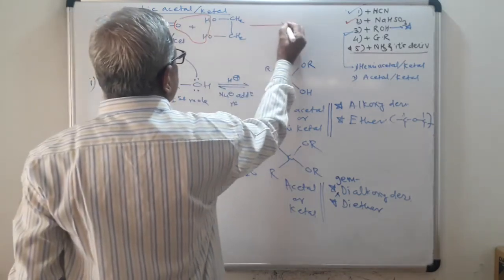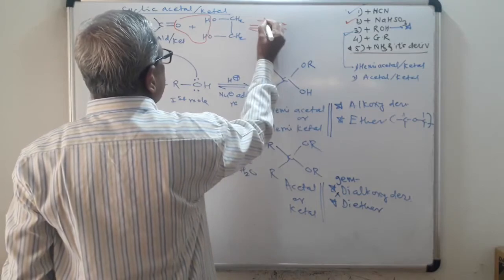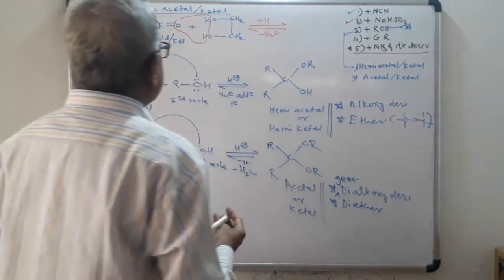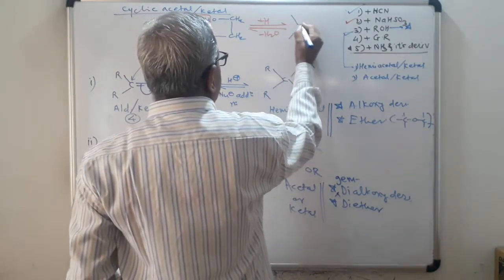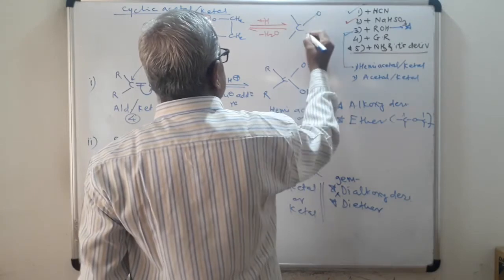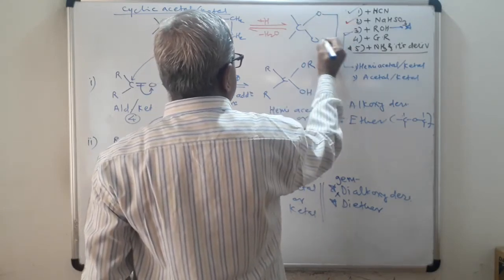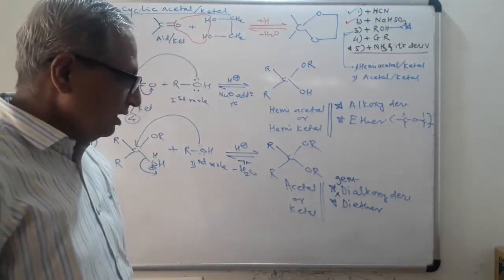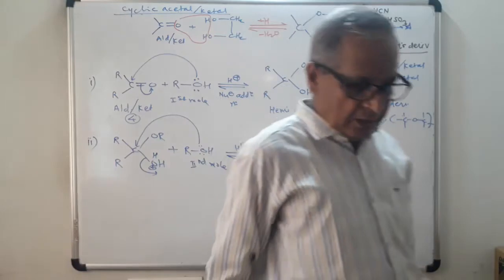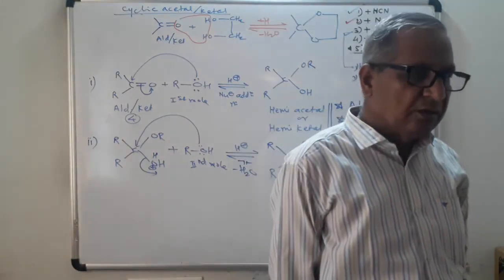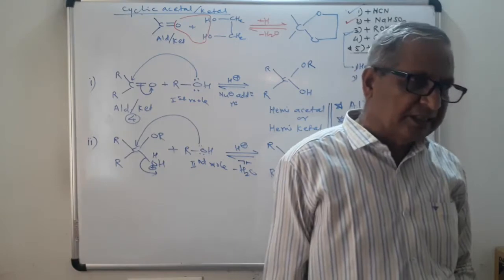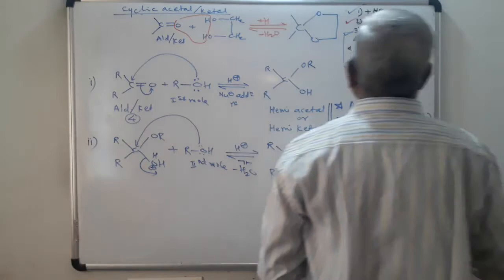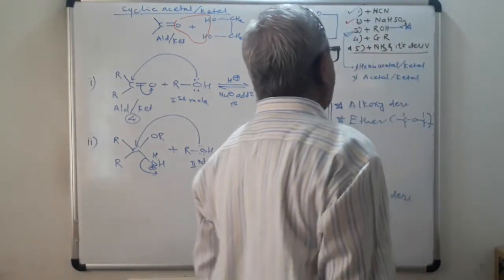It is a reversible reaction accelerated by acid. You can remove the water molecule here and you will get the cyclic acetal or ketal. The carbon atom is attached to oxygen, then CH2, CH2. This is known as cyclic acetal or ketal. In this way we can also use glycerol, which is also known as glycerin. It contains 3 OH groups. So we completed here the third reaction, that is addition of alcohol.